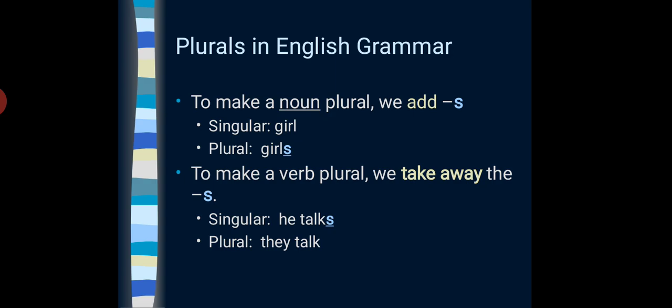if we have a singular subject, the verb must be singular, and if we have a plural subject, the verb must be plural. And what are the plural verbs of which s is not a part? All right, like talks is singular, talk is plural. Reads is singular, read is plural. Okay,